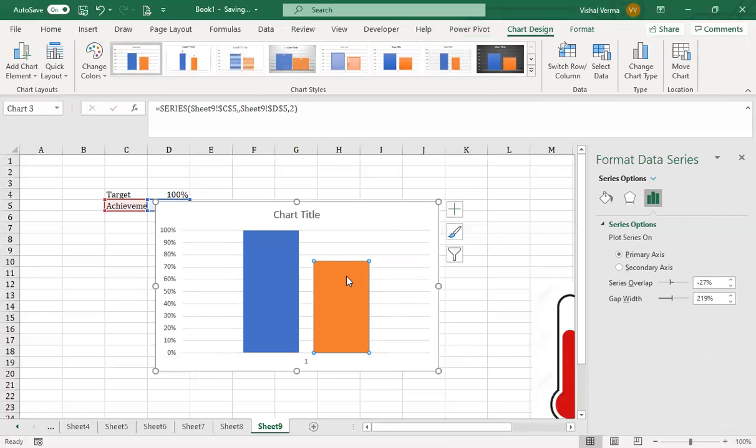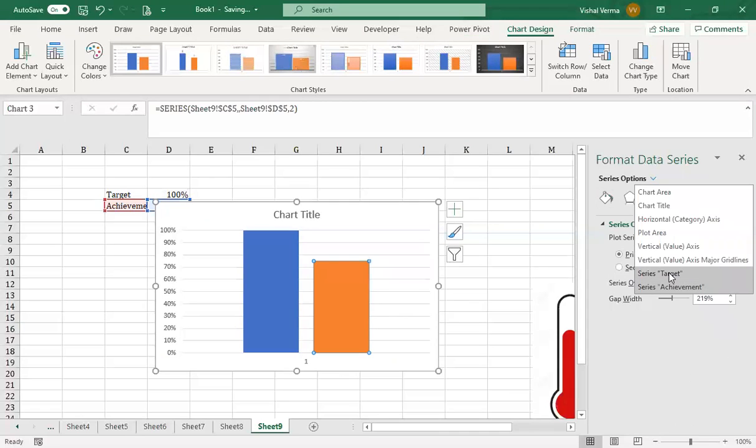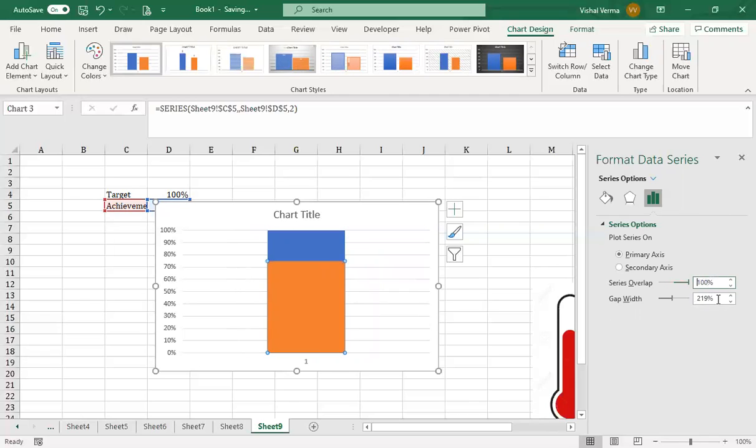Now we need to go to the second part. You can also select the same from here, series target or series achievement. So select the series achievement, set this at 100%, and this too at 100%. It will make it a little thicker.